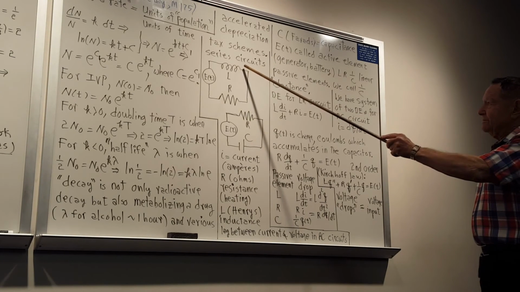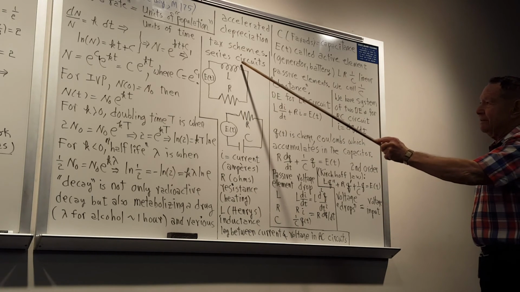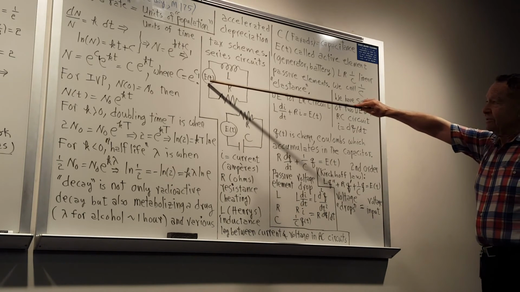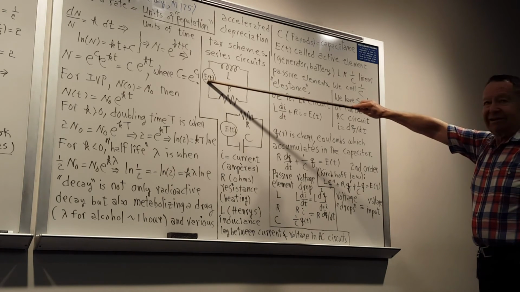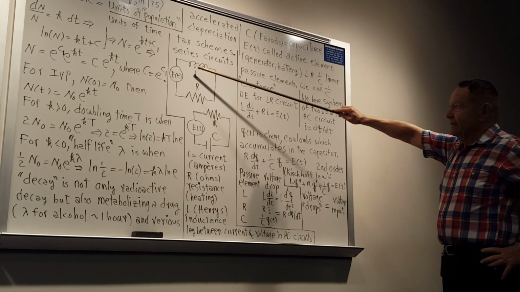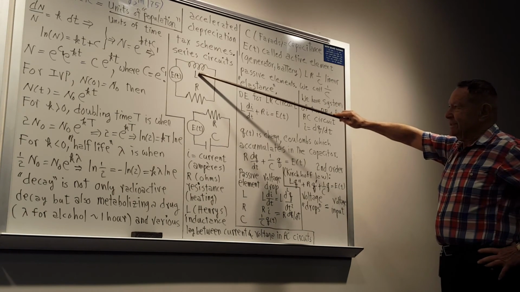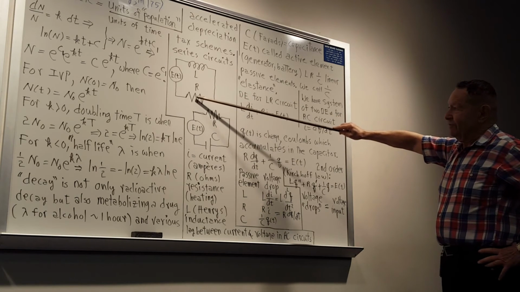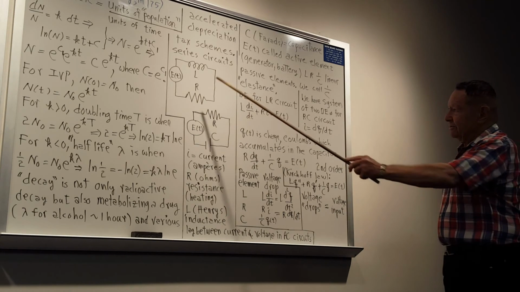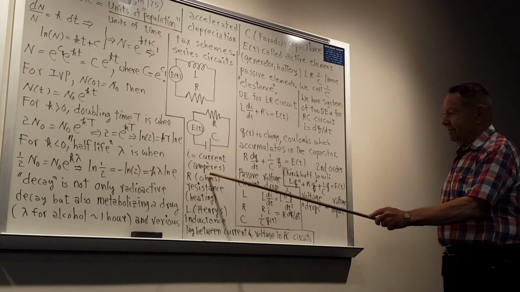So look at circuits. What I'm talking about here is the differential equation for series circuits. This would be your active element, as it's called, which could be a generator or a battery. If you draw something that looks loopy, that's inductance. If you draw something that's got sharp teeth, that's resistance. So that would be an LR circuit, where I would be the current in amperes,